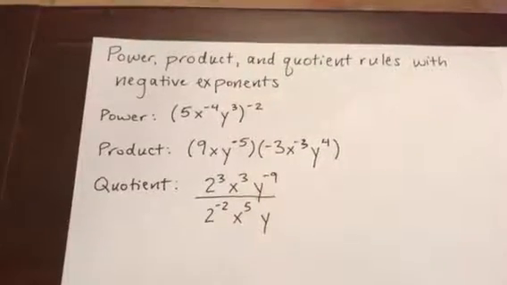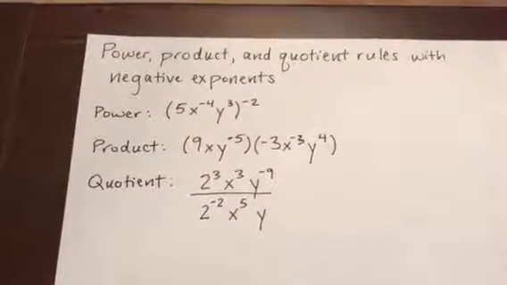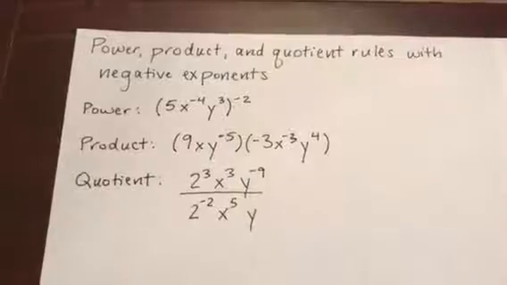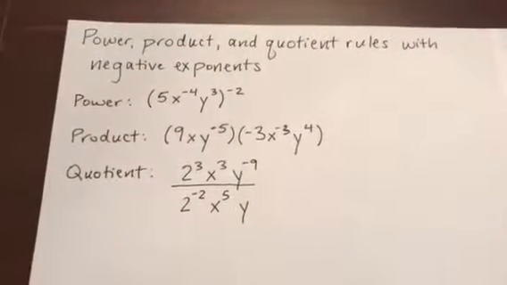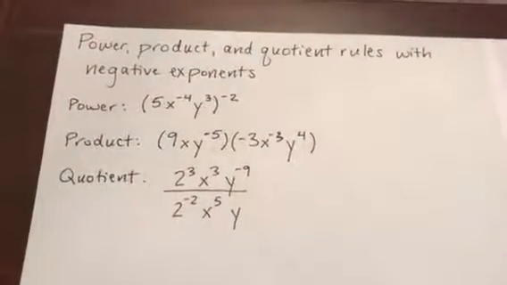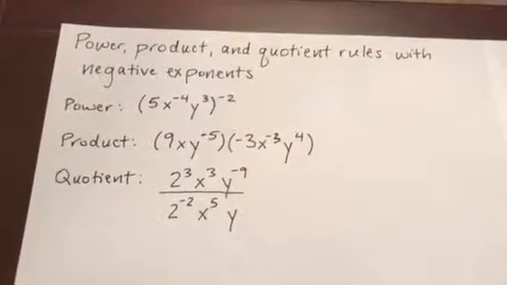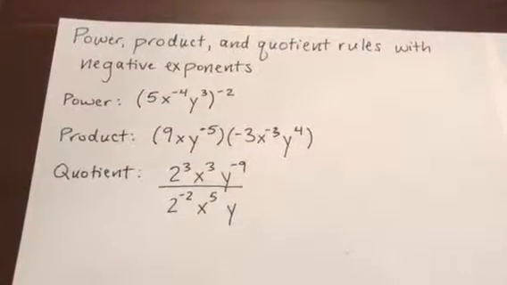This is Math 96, Quiz Topics number 2. Power, product, and quotient rules with negative exponents. I thought it would be a good idea to look at these rules individually first before we put them together